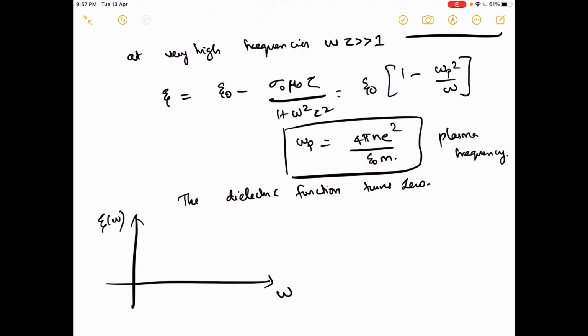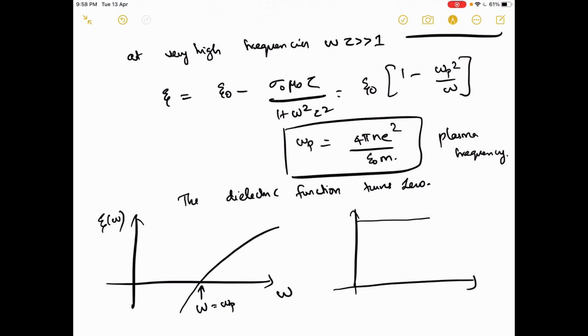In such radiation, the dielectric function will change from a negative value to a positive value and will cross 0 at omega equal to omega p, which is called the plasma frequency. And if epsilon turns out to be 0, and we know that epsilon and the refractive index n are closely related,